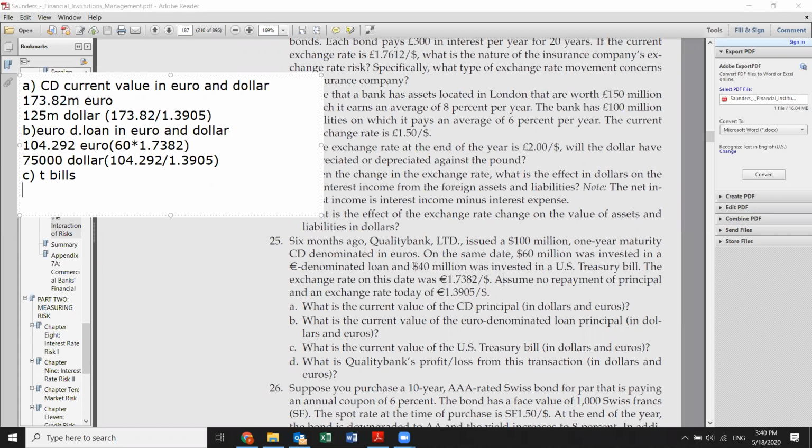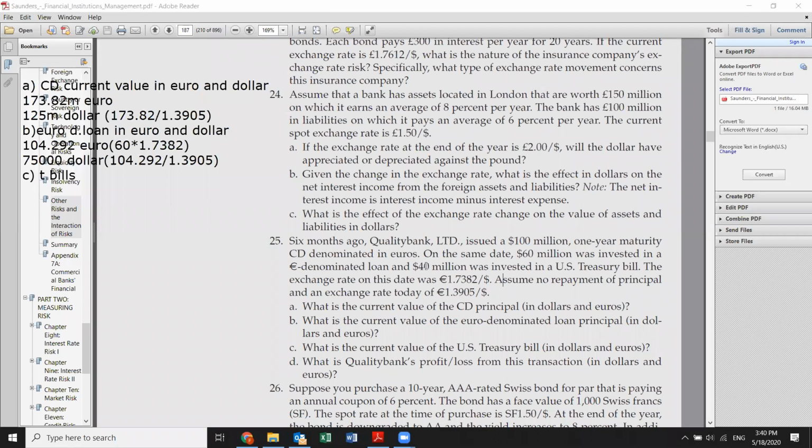So look, 40 million, which means that we have not done anything with it. $40 million is still remaining, invested in dollars. So the Treasury bill in dollars is 40 million. And in euro, it becomes,